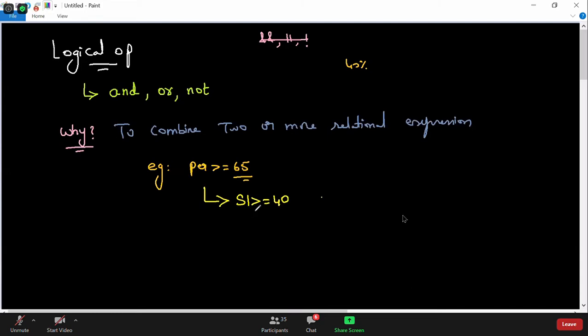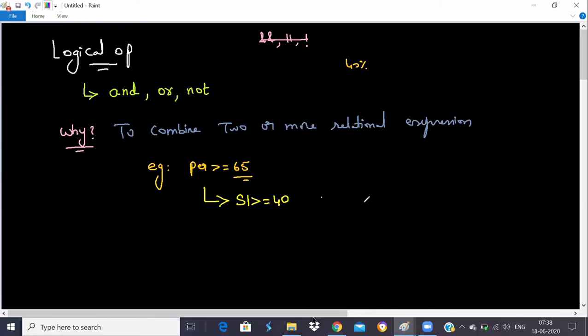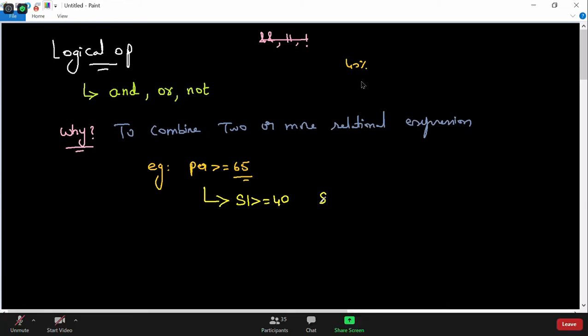That's perfectly correct, that we have to check each subject's marks. We have to check whether subject 1 marks is greater than 40. Is it enough to check subject 1, or should we check subject 2, subject 3, subject 4, subject 5 as well? All subjects, right? So we also have to check whether subject 2 is greater than or equal to 40, and subject 3 is greater than or equal to 40. Let's imagine there are only 3 subjects now.